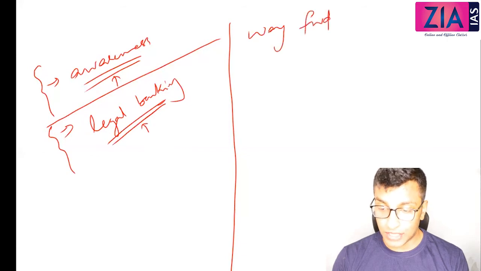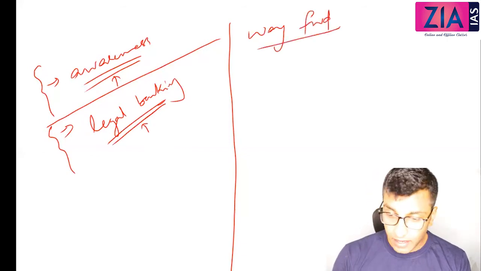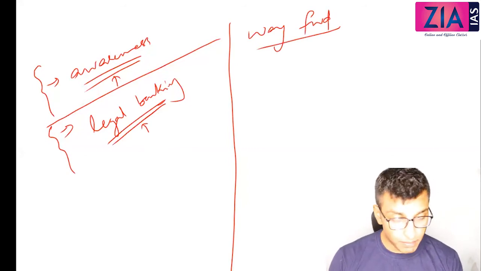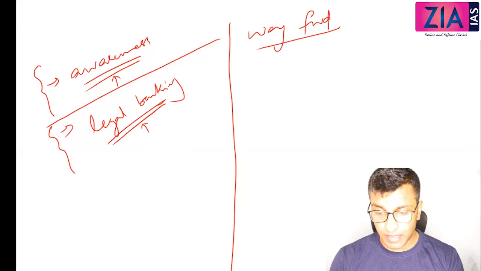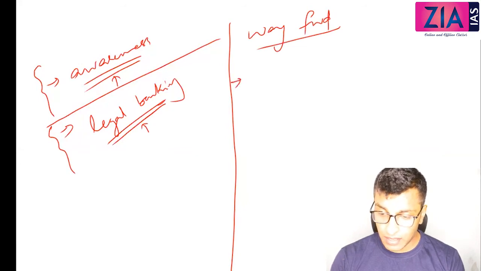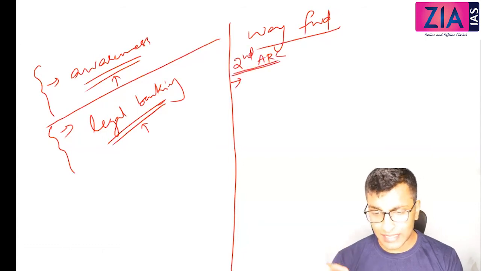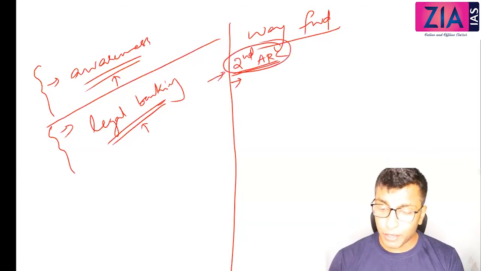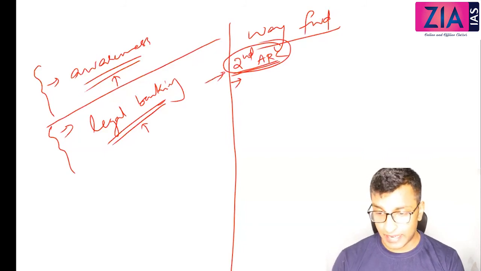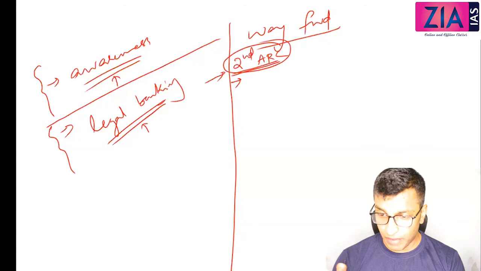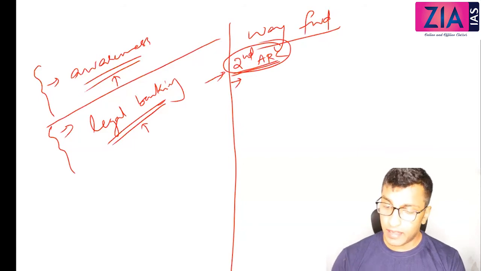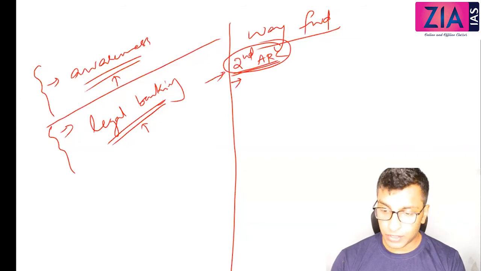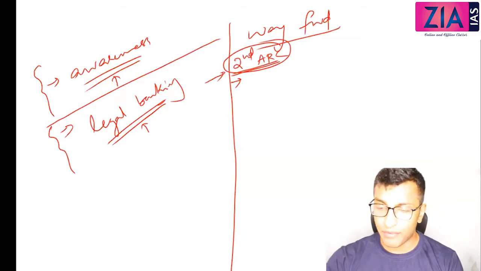Now, what are the suggestions? The second ARC has suggested certain reforms based on the following principles. So they have suggested some principles, suggestions or recommendations. I'll give you directly; you can just write down the same thing. If the question is asked on Citizens Charter, you can mention the second ARC. With respect to many topics in your ethics paper, there are recommendations from the second ARC, whether it is civil servants, good governance, or corporate governance. So it is always good to have one reading, at least the gist, of the second ARC.